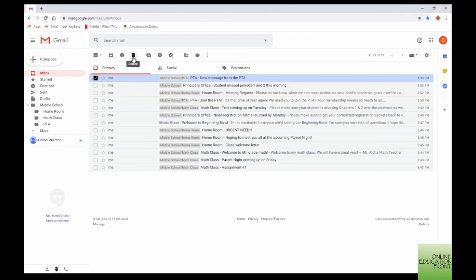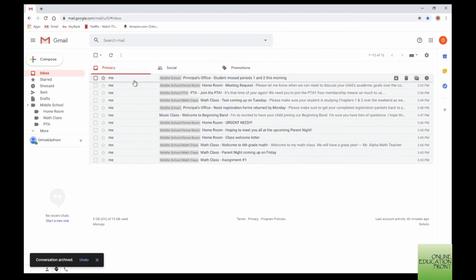Rather than deleting it, it archives it. If you're not familiar with the archive function, definitely get familiar with that, because there's a lot of storage space on Gmail. So there's not necessarily a need to delete things right away, and it's sometimes better to be over-informed than under-informed and to have that record. So if we want incoming PTA messages to get archived automatically,